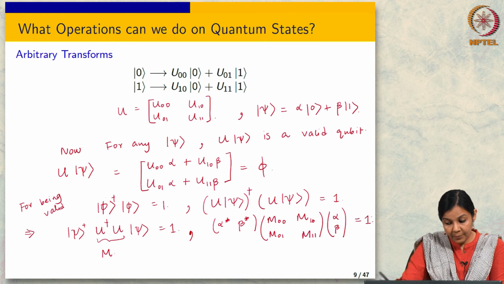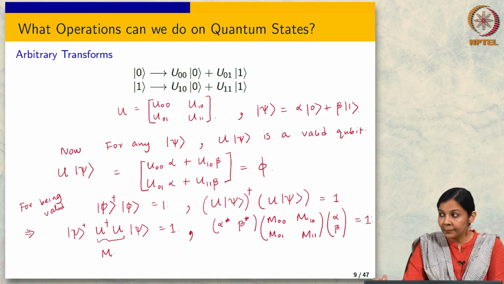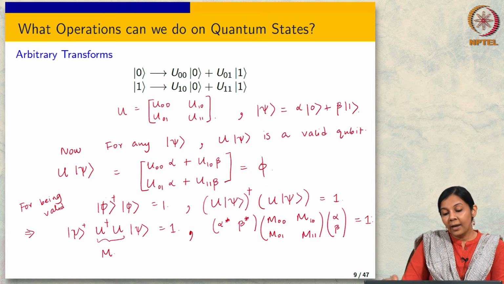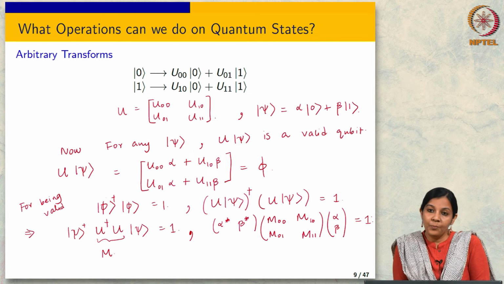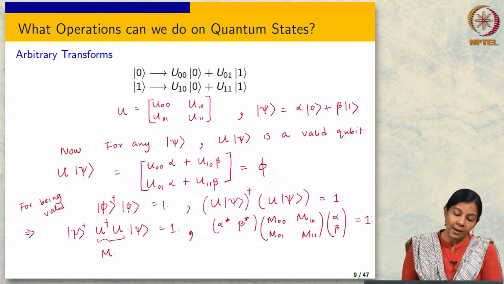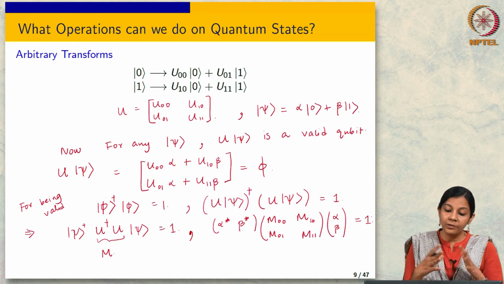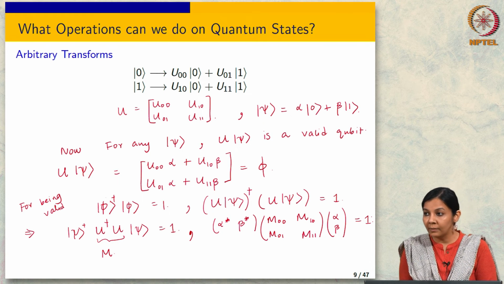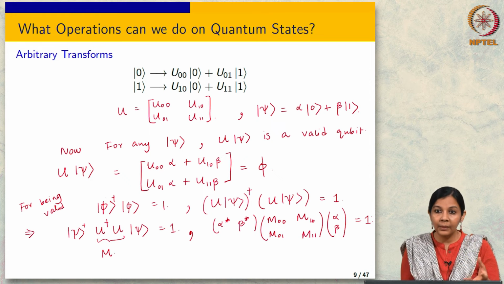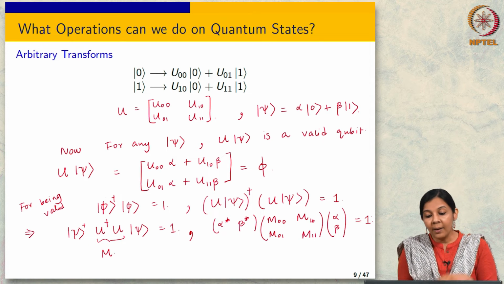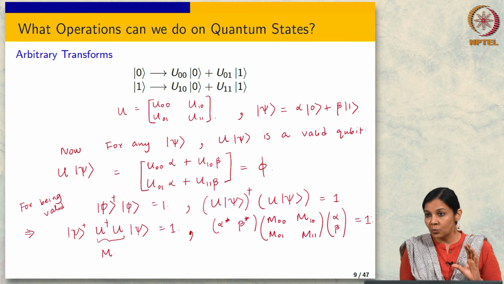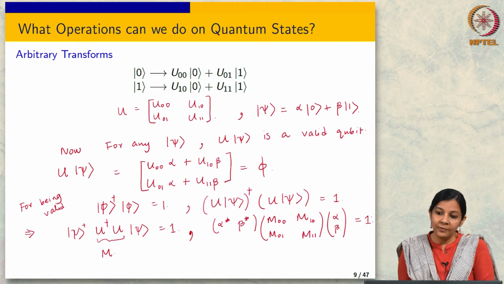I want this to be equal to 1, right. Okay, any ideas on how to proceed? Now, so far what have we done? We just did a little bit of algebra, opening things out, first writing them using this matrix vector notation and then opening it out. Now, what am I finally after? I am finally after some condition on the u's, right. So, any thoughts on how I could proceed from here?